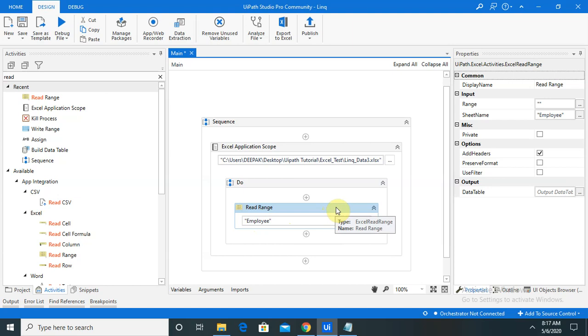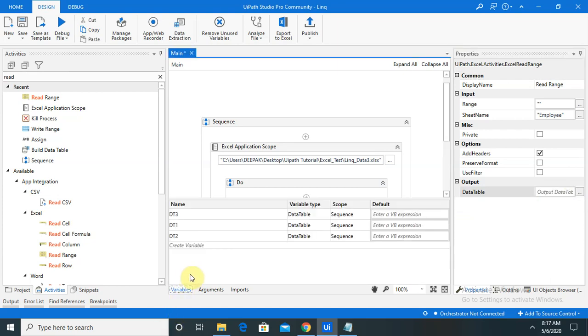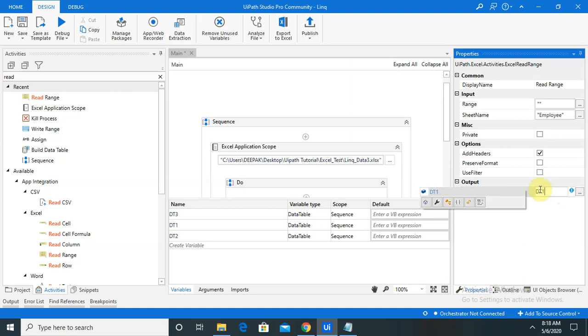If you want only some part of the data based on your Excel, you can add it according to your requirement. I already created the variables in my previous activities or previous example, so I am using these variables. These variable types are data table. You just have to press Ctrl+K and add your variable name. My variable name is already created, so I am adding DT1, that is data table 1, here in Read Range 1.